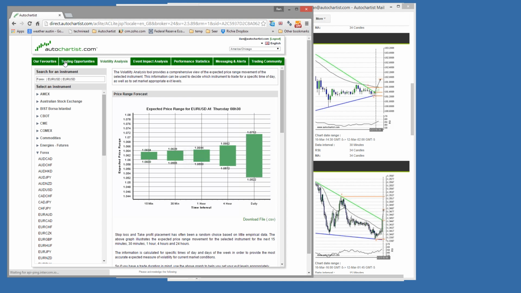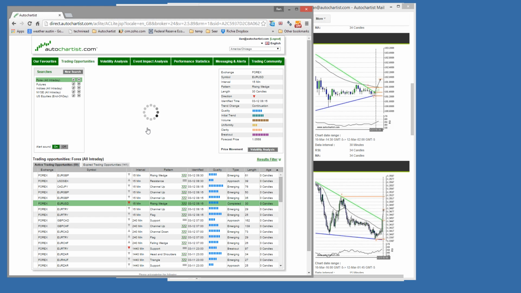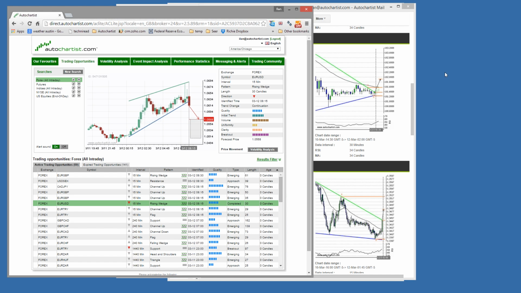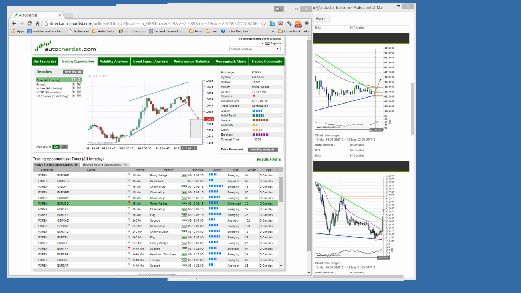I'll just go on to that opportunity again. If I'm looking at that trade, then we said this is going to be hit in the next kind of 4 hours, and then our potential stop loss would be somewhere over there, right? Because that would be kind of our expected price range movement over the next 4 hours or so. So that's just a very brief example. I mean, we can do a whole webinar on the volatility analysis, but just an idea of how all of this stuff actually relates together.